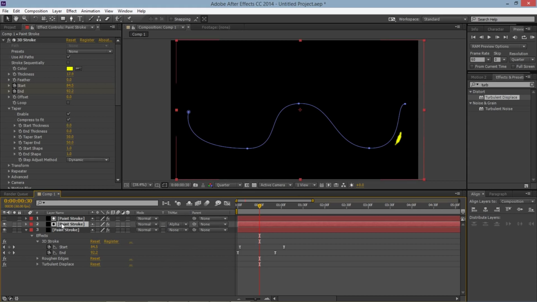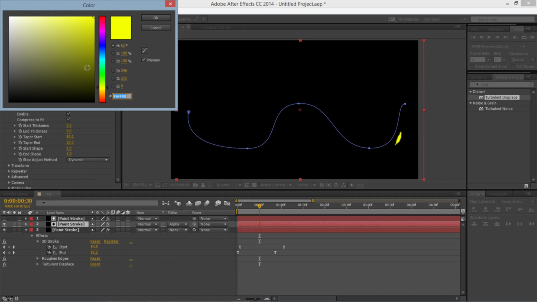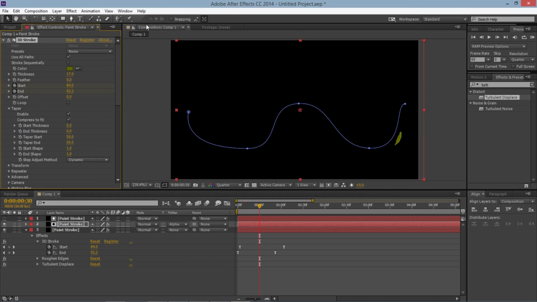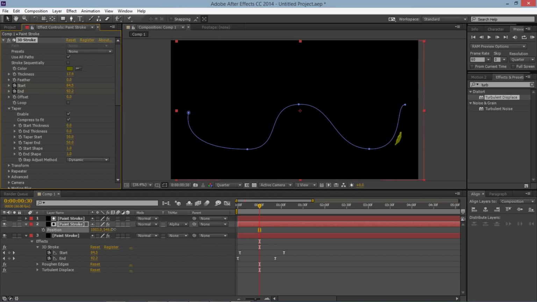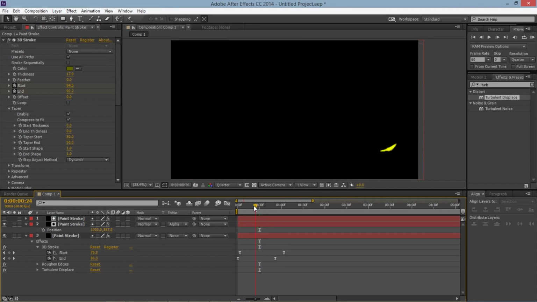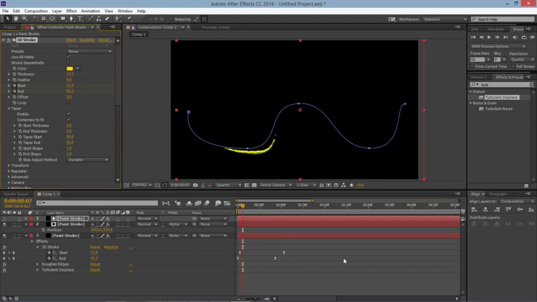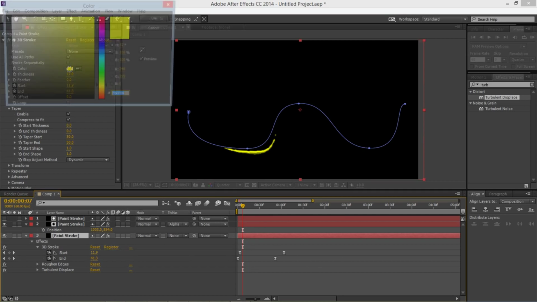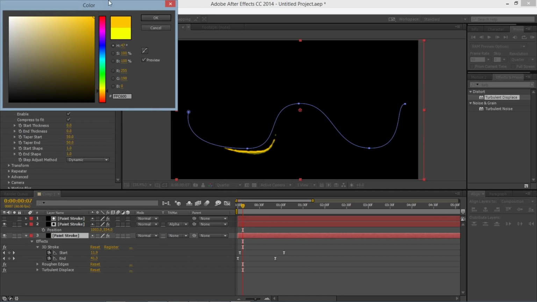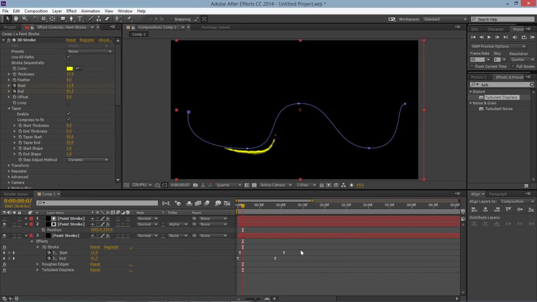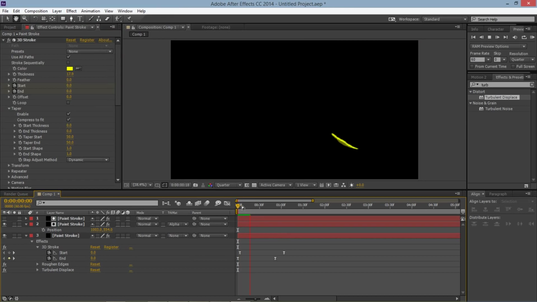Now I'm going to click this one here and change the color to much darker. And then I'm going to click P and drag the position down just a bit. So you can see right now, if I move this a bit closer here, and I'm going to change it a bit more brighter. You can see now that it looks a lot more 3D, and in my opinion, it just looks much better overall.